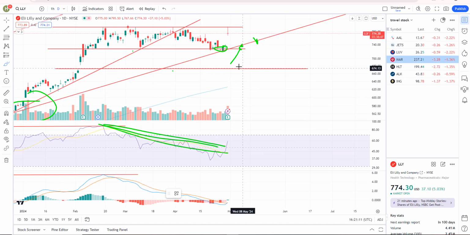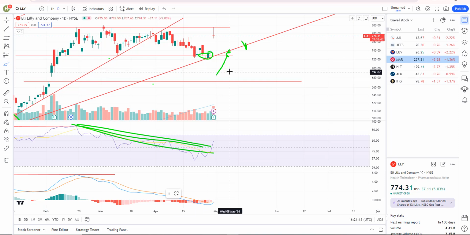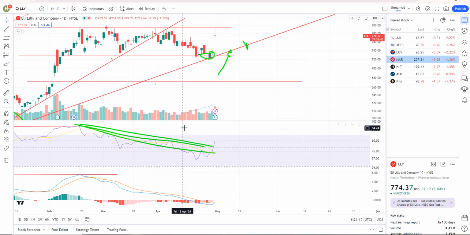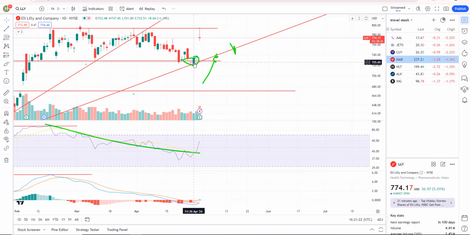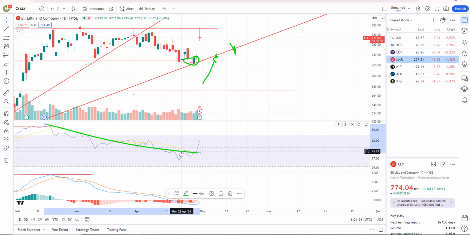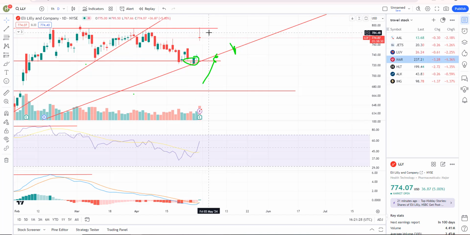Eli Lilly reported earnings. So again, I talked about how I wasn't going to be short into the earnings, and I wasn't. And good thing I wasn't, because I could see it going either way. I talked about, look, we were sitting right on support, so I figured there was a decent chance we were going to gap up and put in a new divergent high, and that's exactly what we did.